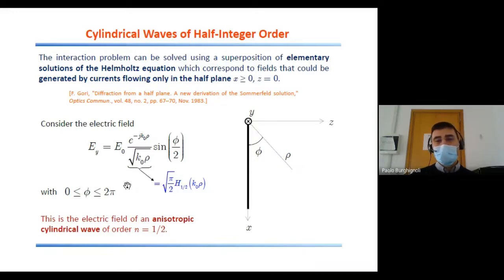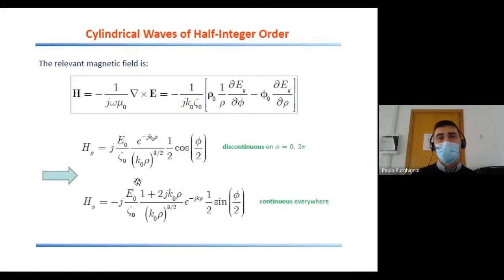Now, this function is anisotropic because we have a dependence on phi, so the propagation is not the same in all directions. And furthermore, this solution has some discontinuities. In fact, if we calculate the magnetic field again from Maxwell equations,